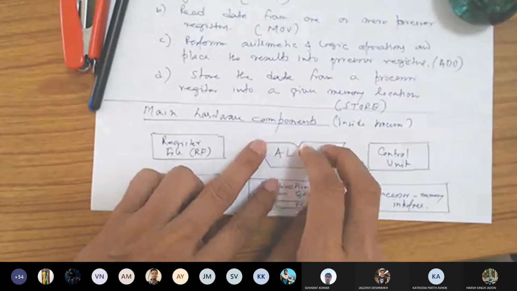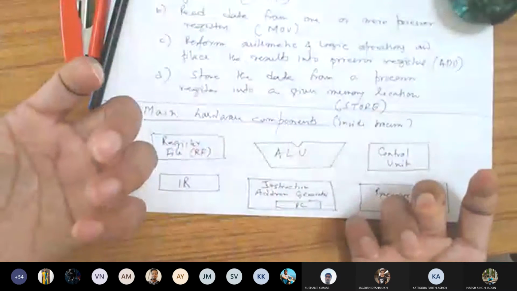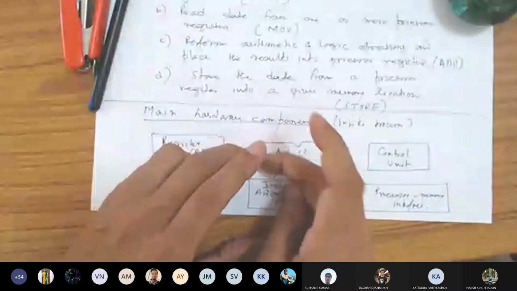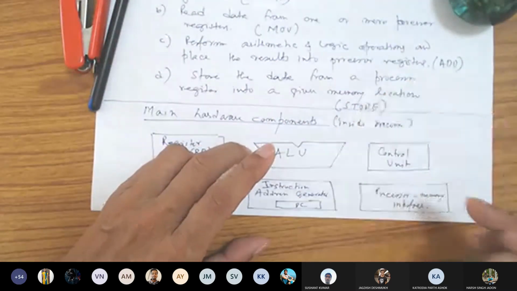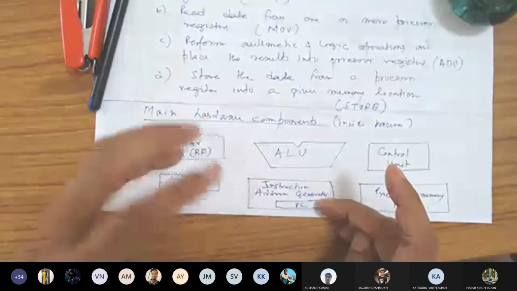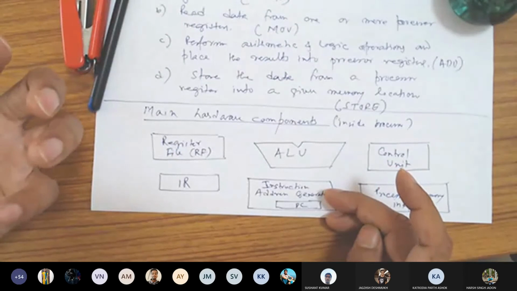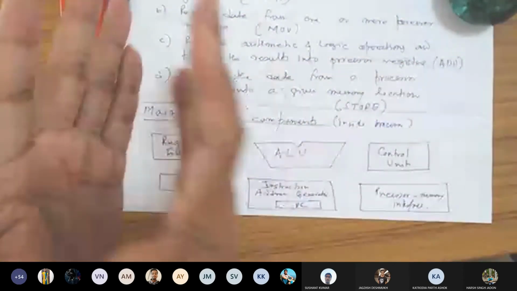This is a very simple thing. We need adders, subtractors. We all know what we need, and we need to combine them together. So that part is easier. Designing the arithmetic logic unit is easier than designing the control unit or the instruction address generator. Register file will also be easy. If we follow certain rules, designing the register file is also easy. That's what we are going to look into in the laboratory also.